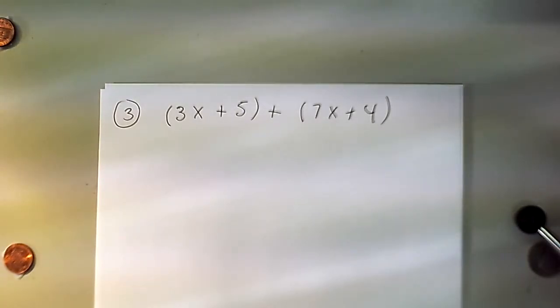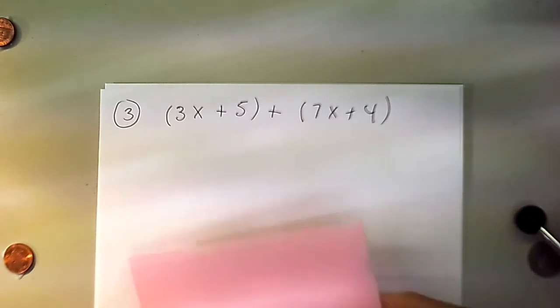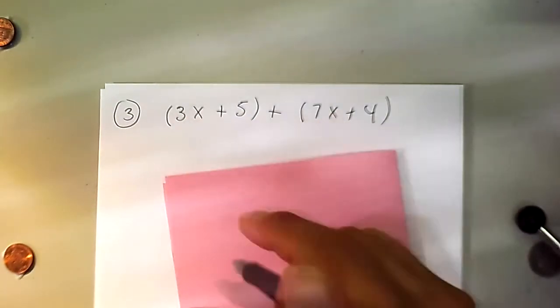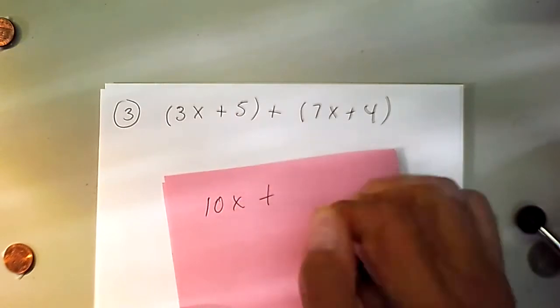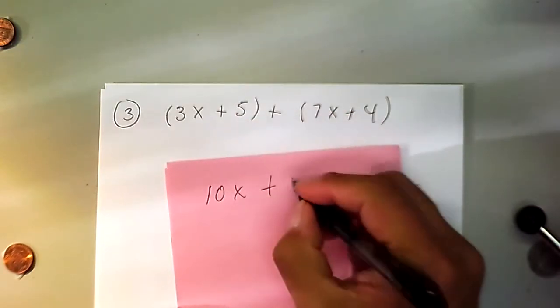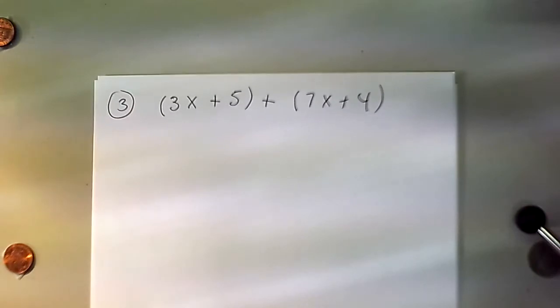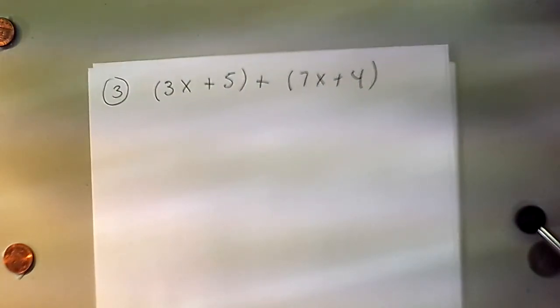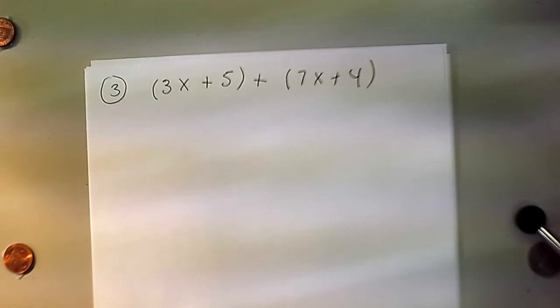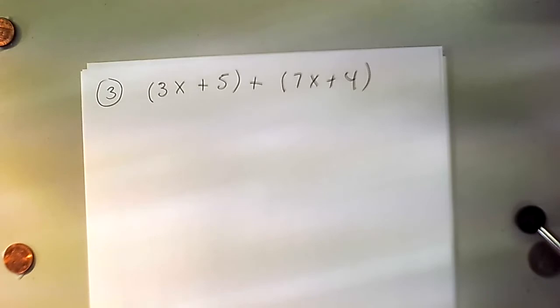So I'm just going to write the answer on a different piece of paper. The answer is 3x plus 7x, 10x plus 5 plus 4, which have no x, 9. And that's the way most of the time, 99% of the time, that's the way we're going to obtain this addition. However, I want to do it the really, really long way just to show you the kinds of properties we are applying when we're adding these polynomials together.